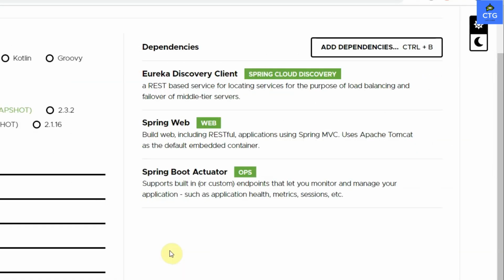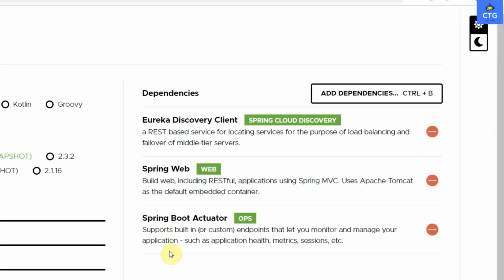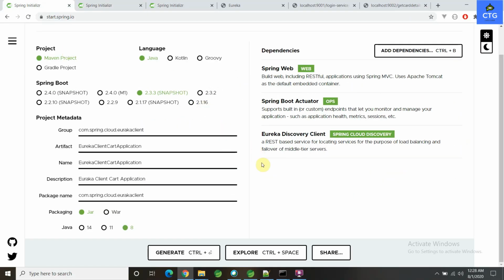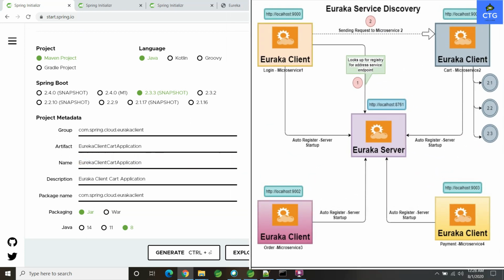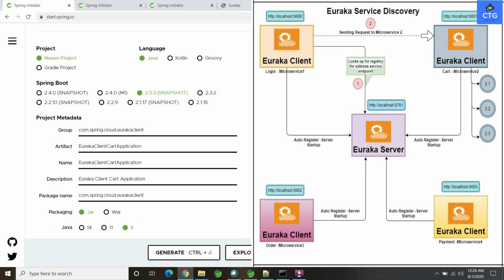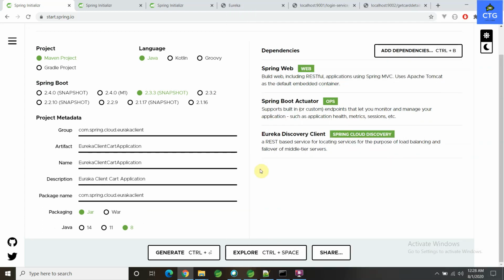This is one of the applications required for our implementation, and then let's go to the next application generation. Here we are trying to generate a cart application. As we discussed, we need three microservice applications to achieve our real-time sample testing. So let's generate all these projects and import them in STS.